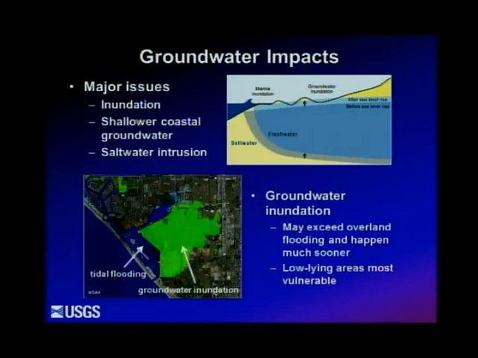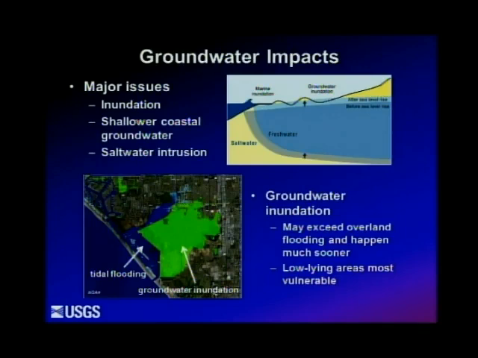So in addition to inundation, there are issues with shallower coastal groundwater affecting infrastructure, especially foundations, and of course saltwater intrusion. Now we don't have a lot of coastal wells in California, so that's perhaps not as big of a concern in some areas. In others I know it very much is, in Humboldt Bay, for example. But I just want to point out here that groundwater inundation is a topic that we're now exploring